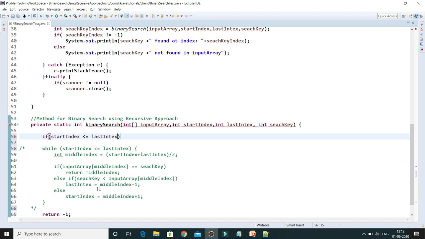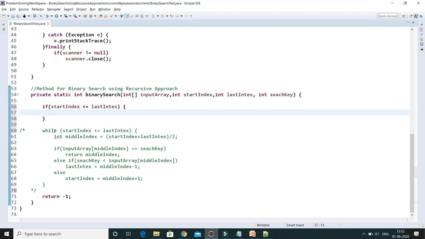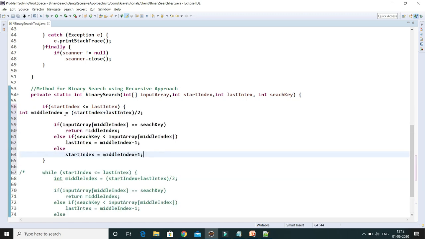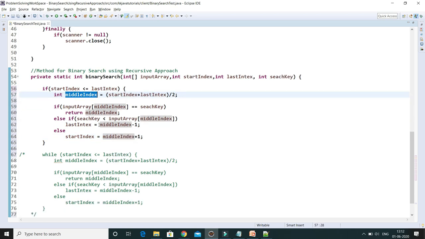There I'm going to apply the condition as we did in the iterative approach, and within this I'm copying and pasting this code, and I'll change it, see how. Getting the middle index would be the same. Now let's say we find the search key at the middle of the array, then we return the index.